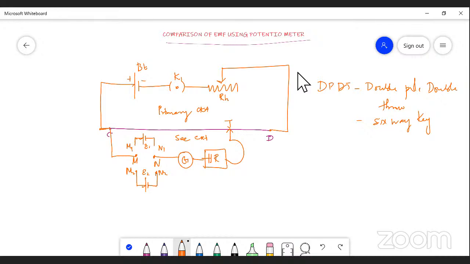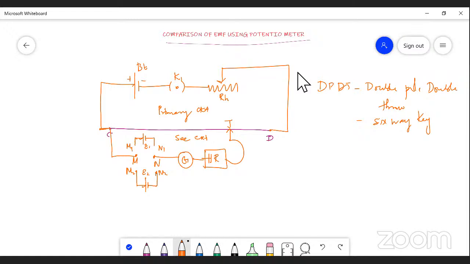So to get the balancing length or balancing point on the potentiometer wire, the very first thing you should know is that the terminals of the battery in the primary circuit and the cells E1 and E2 in the secondary circuit must have their positive terminals connected to the same terminal of the potentiometer wire. Here, the battery and the cells of EMF E1 and E2 have their positive terminals all connected to the terminal C of the potentiometer wire. Now this circuit arrangement is ready to determine the EMF of these two cells, so that we can make a comparison between these two. Now,